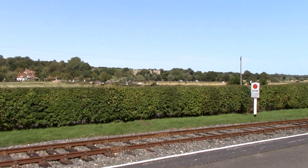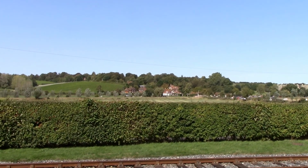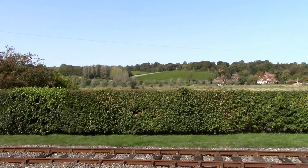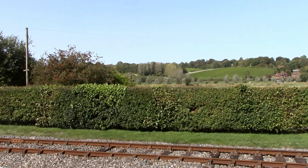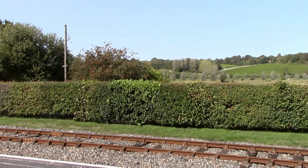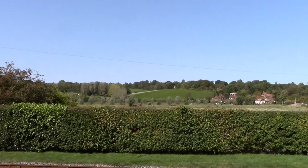Bodiam Castle in the background, and I don't know if you can hear the tractor. He's turning his silage, it's nice and dry before baling. It's a lovely sunny afternoon here at Bodiam Station,